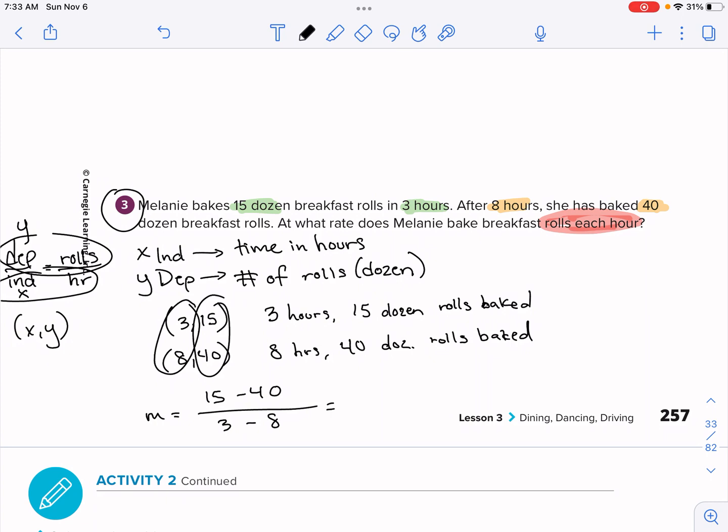Okay, let's simplify. 15 minus 40. All right, different signs, so you have to subtract them. 15 minus 40 is a negative 25. And then 3 minus 8, same thing, different sign, subtract, keep the sign of the bigger number, it's a negative 5. We can simplify that, we don't need a calculator. Negative divided by negative is a positive, and 25 divided by 5 is 5. So our final answer here is 5 dozen